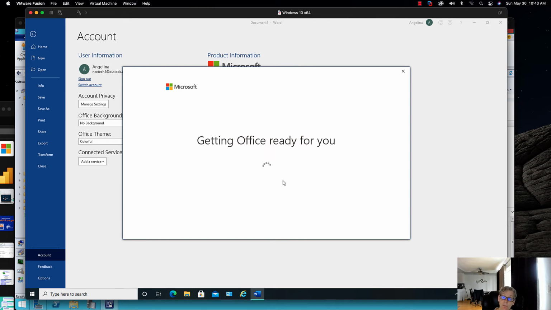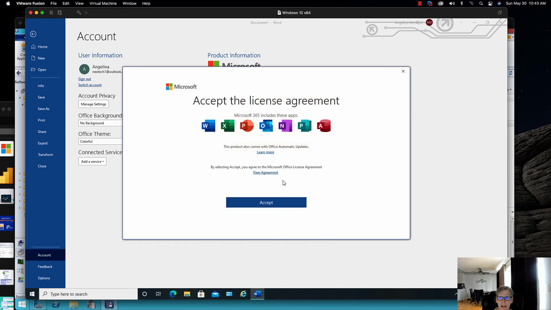Now it's going through and checking my account, making sure that I have a license or subscription for Office 365, and it'll determine that I do, and then I'll obtain that token key or token for this machine, and then I can use Office on here. You only have to activate one of these. You don't have to go to each one of these like Word, Excel, Access, and do this on each one. You just have to do it on one of these. And then